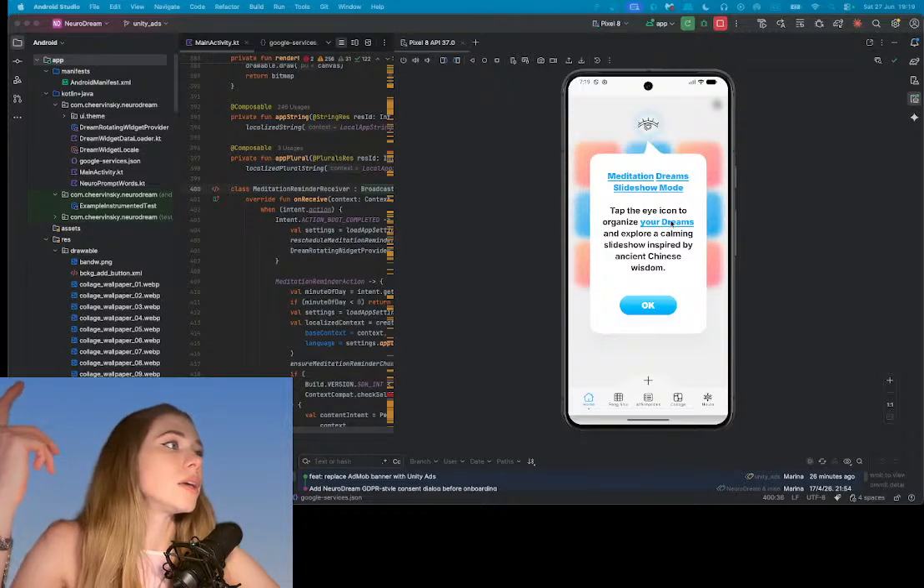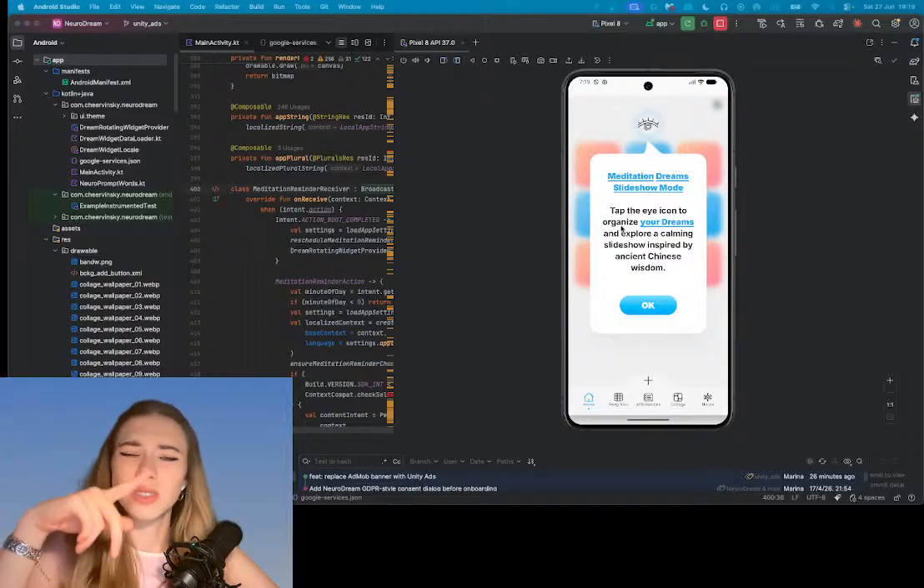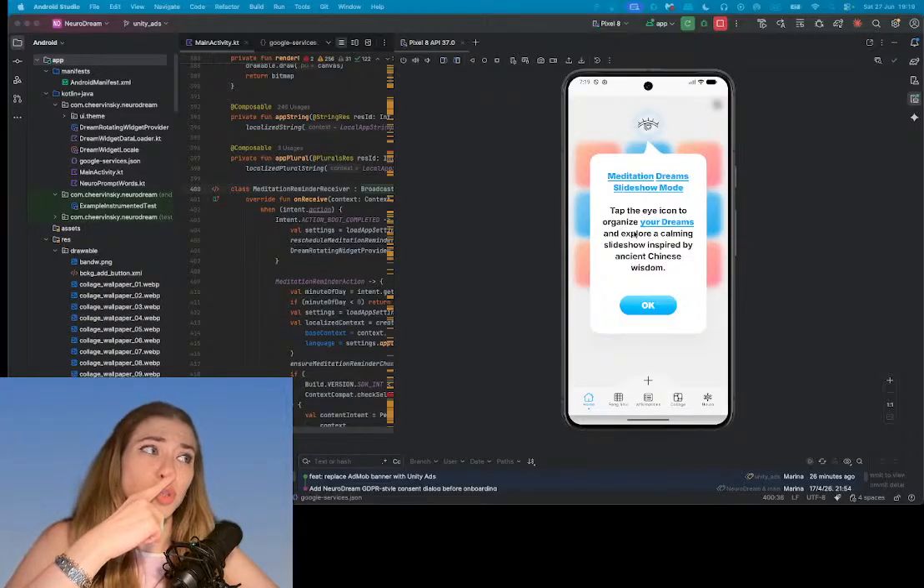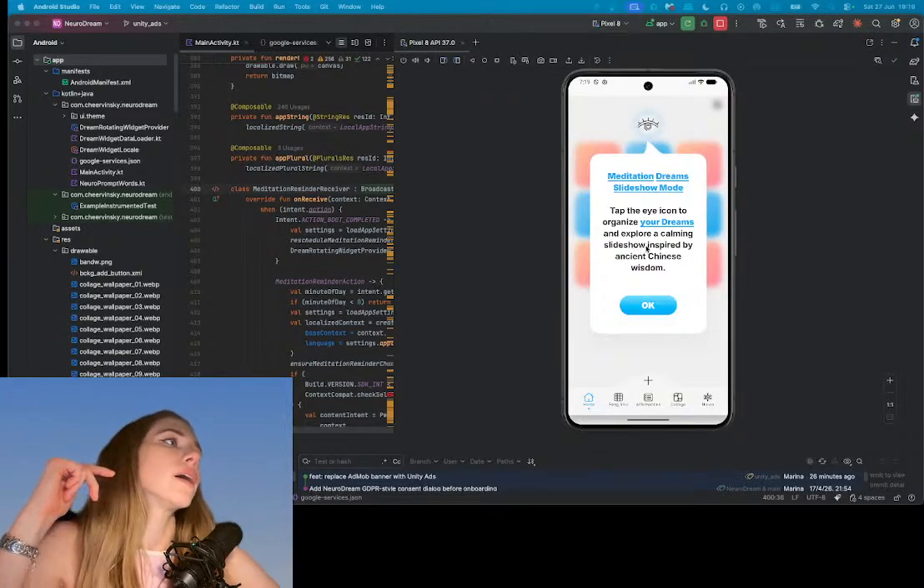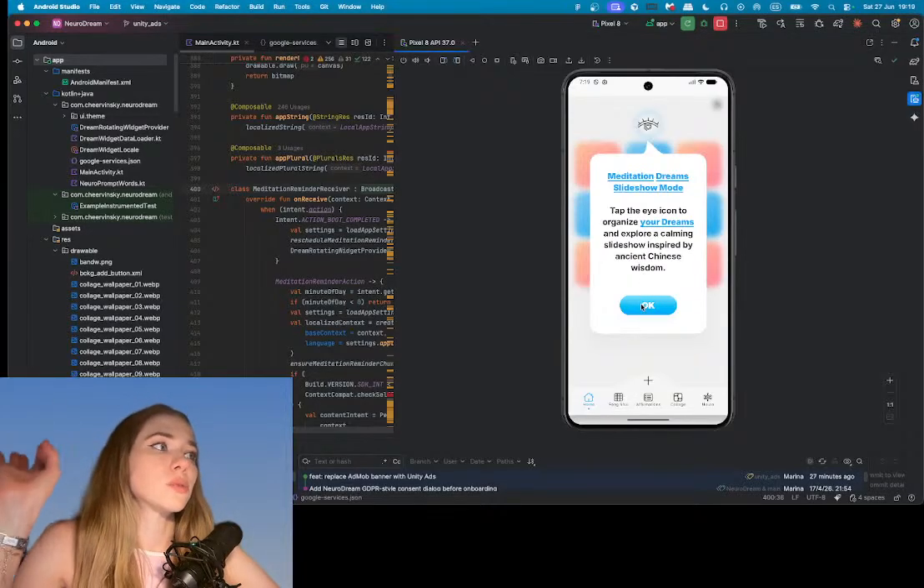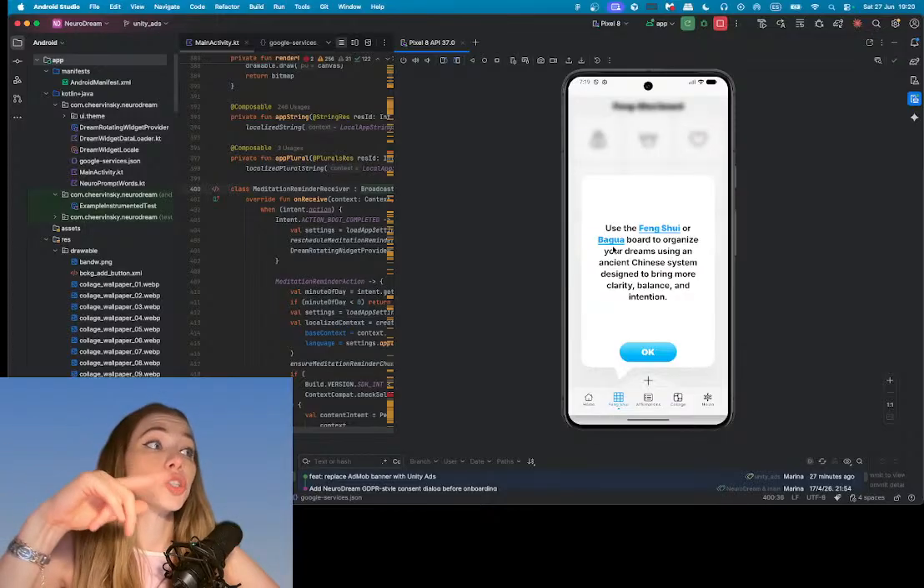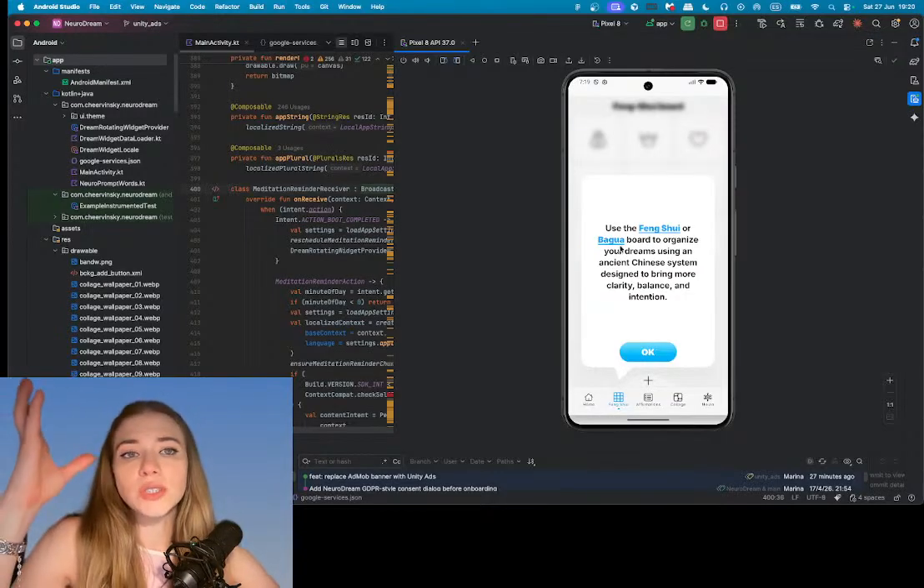So tap an eye icon to organize your dreams and explore. To organize, is it probably a typo? It should be to visualize your dream and explore. A calming slideshow inspired by ancient Chinese wisdom. Use Feng Shui or Bagua, which is very